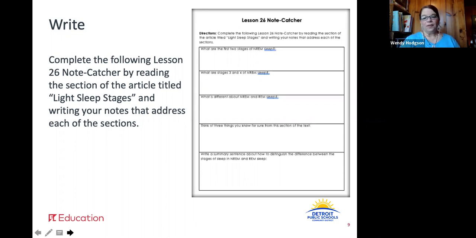And then think of 3 things you know for sure about this section of text. And just jot them down, almost like bullet points, like just little ideas. What do you know for sure? And then write a summary of just this one section. And I'm going to give you about 15 minutes to do that activity. You can pause the video here. And when you get these 5 sections kind of drafted out, come on back. We'll talk through it and we'll finish out today's lesson. I'll see you in about 15 minutes.